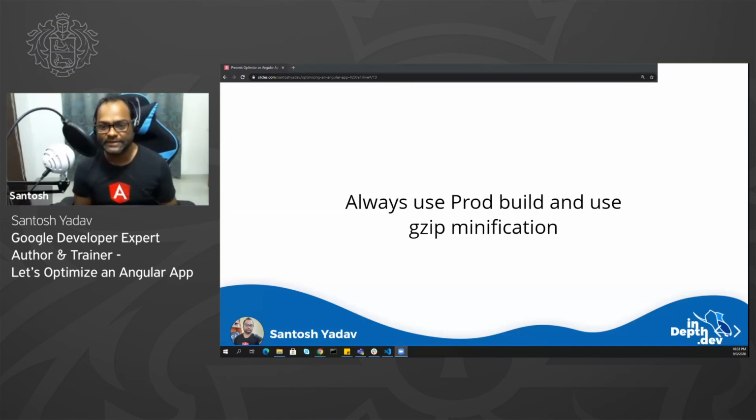And source map explorer also comes with a flag. You can just pass a flag called --gzip, where it will show you how much code you will be serving once gzip is enabled. So you can see it or propose the changes to your team, right? In case we use gzip, this is the advantage you should get. That's also possible using gzip minification.